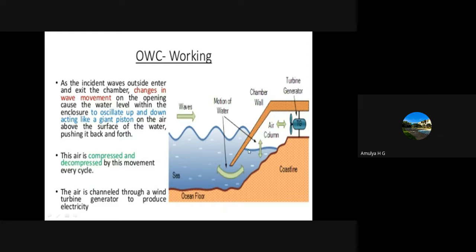Half of the plant is installed in the water level, and the other portion of the plant is installed above the water level, where a turbine generator set will be connected. Here you can see the water level in the chamber, which rises and falls with the waves. Depending upon the approaching waves, the water level inside this column rises and falls, so that the air is forced forward and backward, and the turbine is connected in the upward direction.